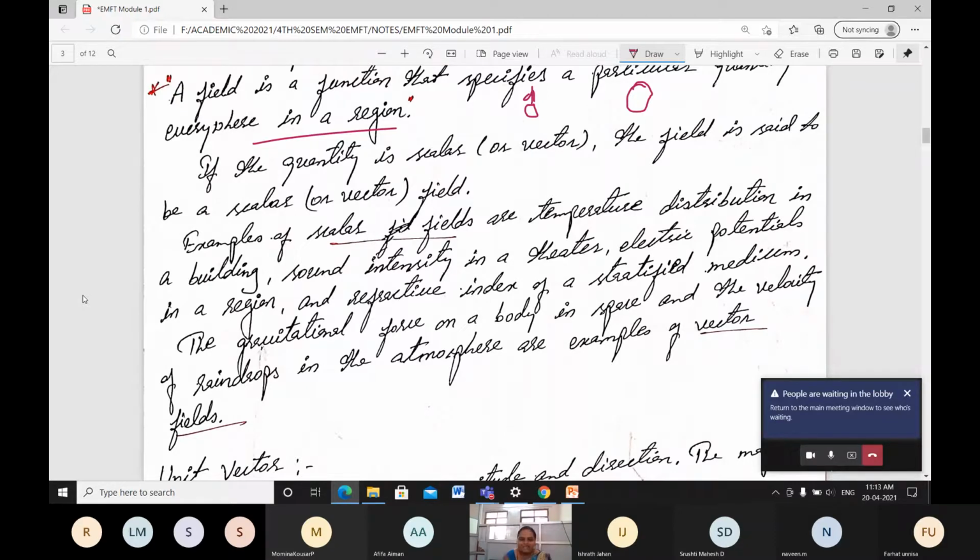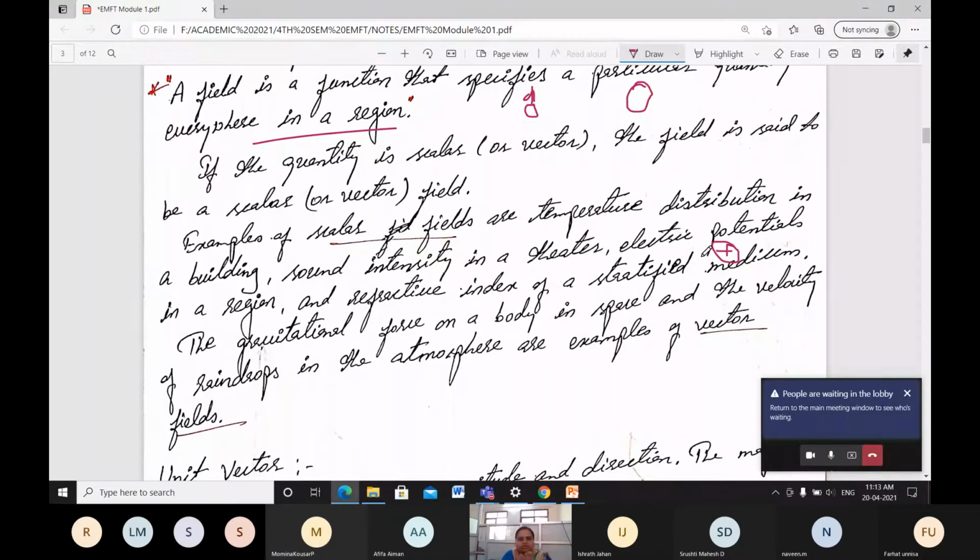Or else in terms of AC, if you use it, you will check the temperature. Now it is summer, so you increase the AC mode at a high rate. When it is the rainy season or winter, the AC will be low, right? In such cases, these are scalar fields. Then sound intensity in theaters will be high, of course you know. Then electrical potential in a region, means for the positive charge, what field it is going to take. That is your electrical potential for positive and also for negative.